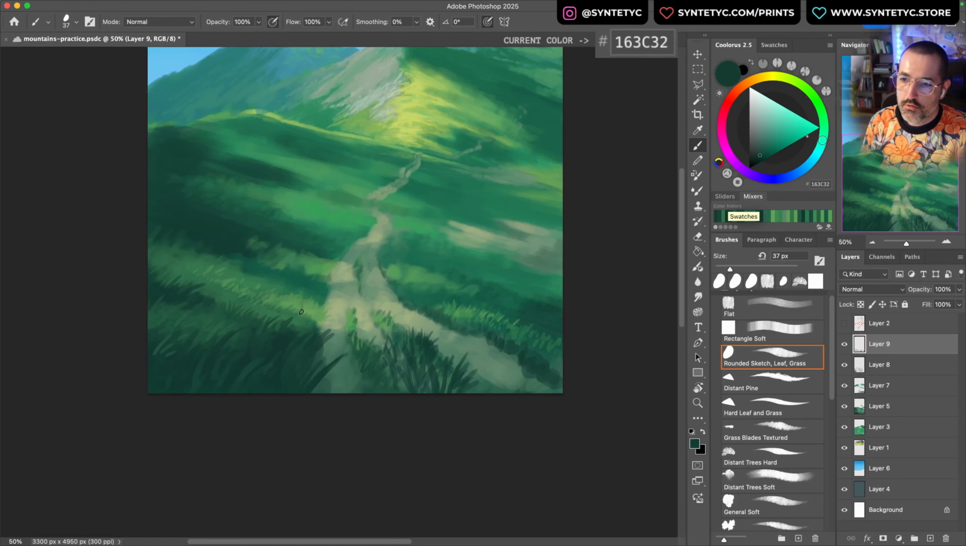Some areas of grass will be touched by the sun, and the grass in the distance. The grass in the distance is almost invisible, but we only have a slight texture. In fact, at this distance, the grass is almost invisible. So